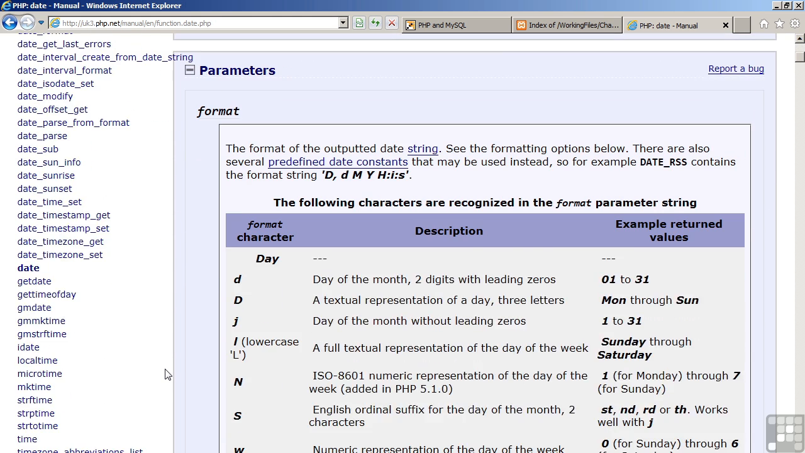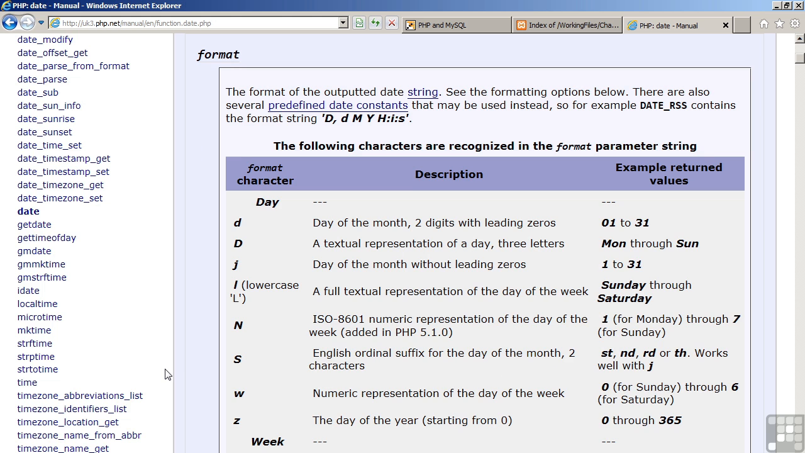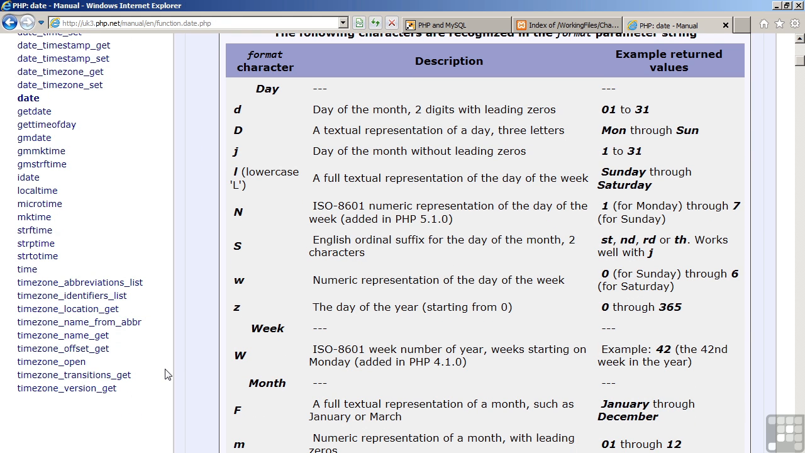Looking down further, you can see that there are various letter codes which represent different parts of the date. So for example, the day could be in the format of 2 digits. It could be a textual representation, a 3-letter abbreviation for the day of the week. You could also represent it without the leading zeros by using j. And finally, l, which is the lowercase l, is the full representation of the day of the week, such as